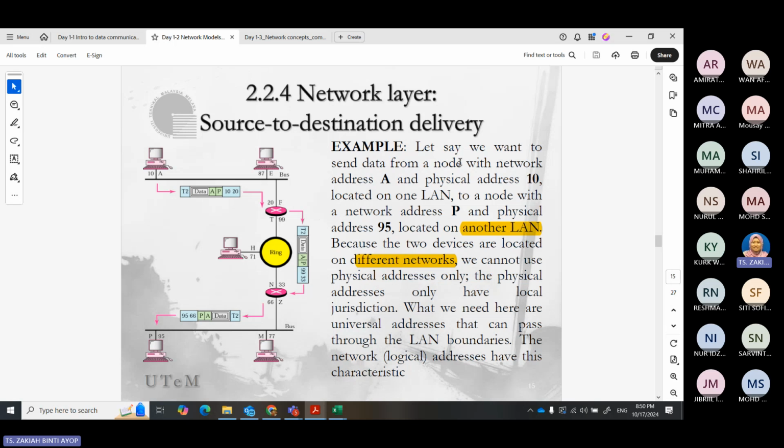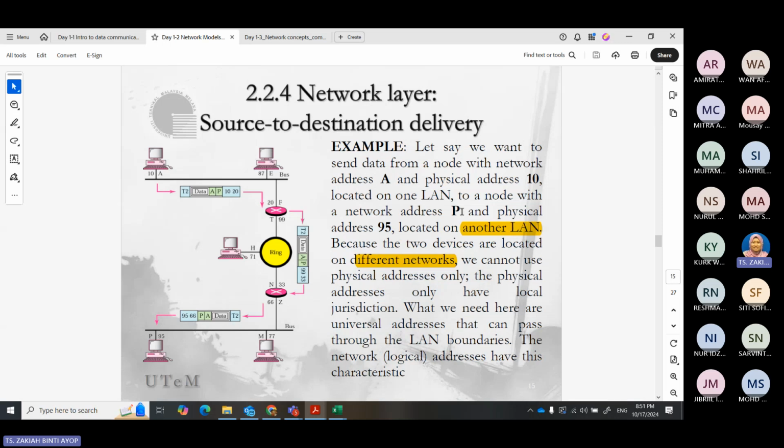Okay, so for example, let's say we want to send data from a node with network address A, here on the left side. We have a physical address 10, also with the logical address A. So on the internet, in this part, the data A and P here are the logical addresses.